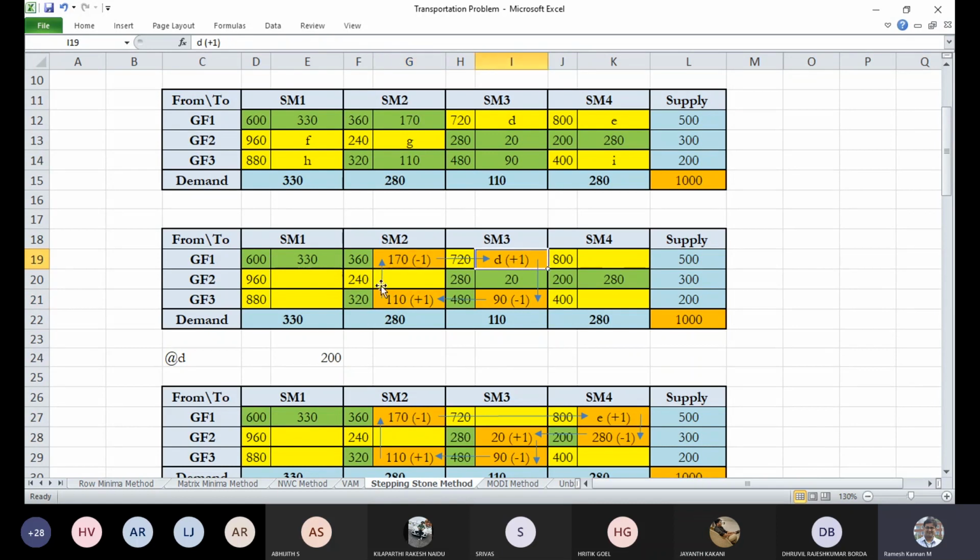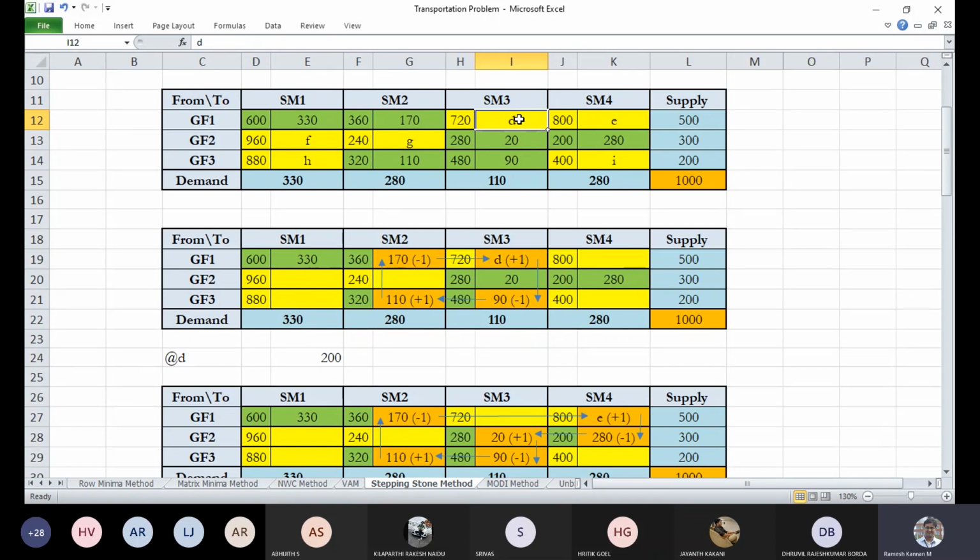So it's a closed loop, right? You can take a look at this closed loop. Now what we're going to do is try putting some value here. First we will put in a single unit. So if I substitute one, it's a supply from a ginning factory to spinning mill 3. If I put 1 unit,